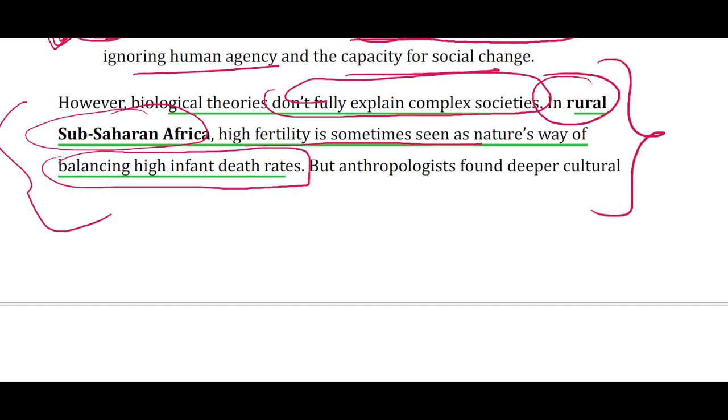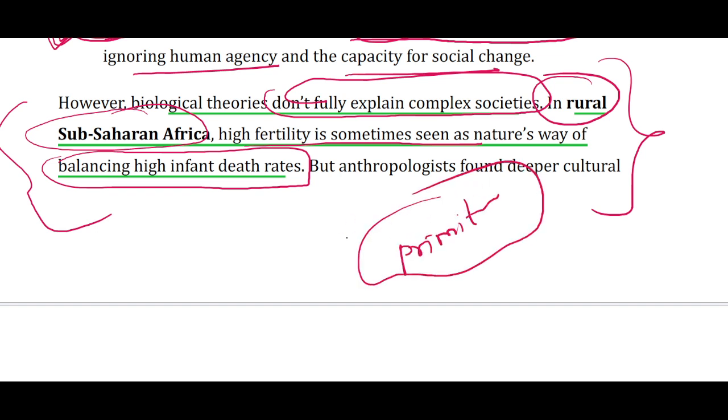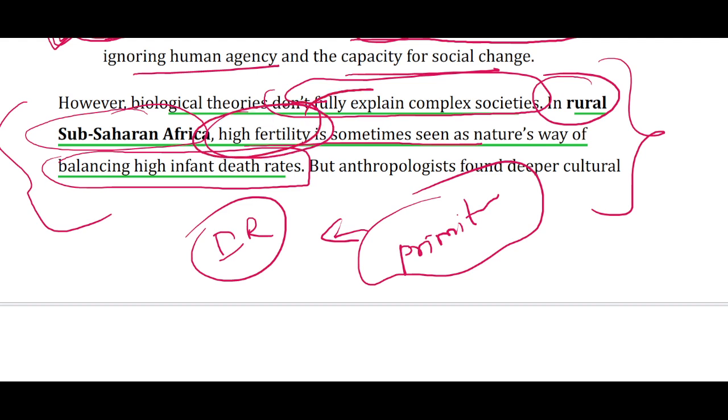which is the case in India also, and in generally all primitive societies, poor societies, and all societies that existed before the Industrial Revolution. In all of them, high fertility was necessary and accepted because the death rate was high, the infant death rate was high. So to make up for the mortality, high fertility was not only justified,